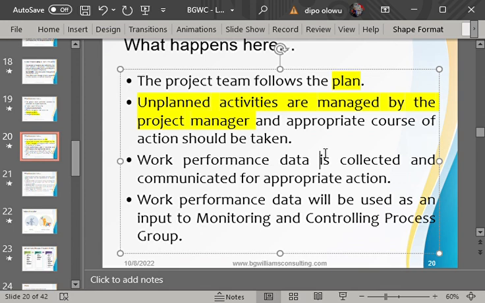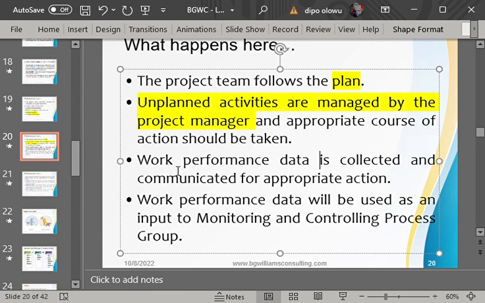So is it possible? Yes. There are several people, maybe because of their level of approach and knowledge, it is possible for them to deviate from the plan. So when they deviate, what are they doing? It is technically that they are carrying out those unplanned activities. So take note, it is during execution that unplanned activity can creep in. And when they creep in, it is the project manager's responsibility to manage the unplanned activity. Okay, please take note of that.